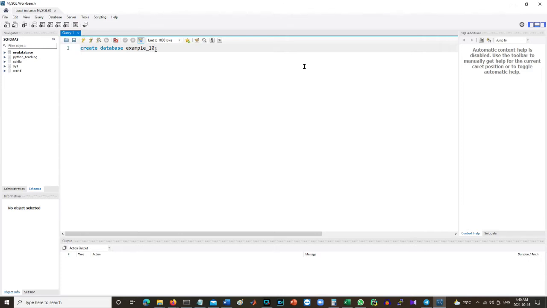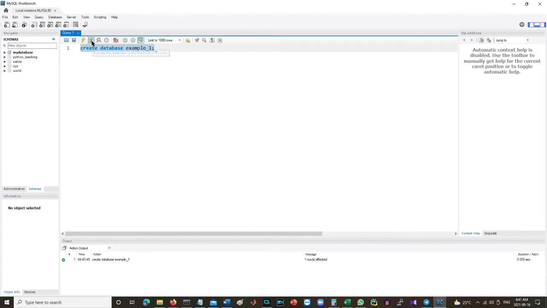Okay. And we want to run this line of command, so we will select this line and click execute the statement under the keyword cursor. Okay, as you can see here, there is a green mark that shows you this operation